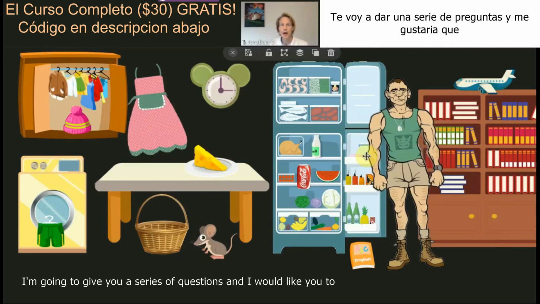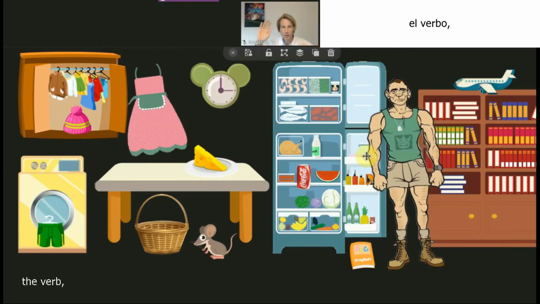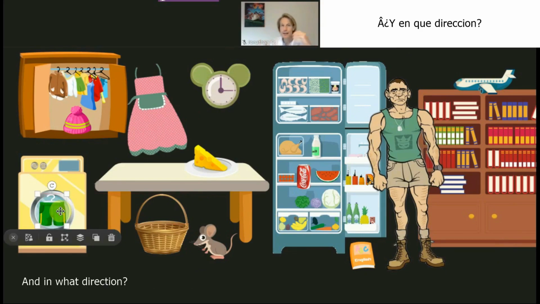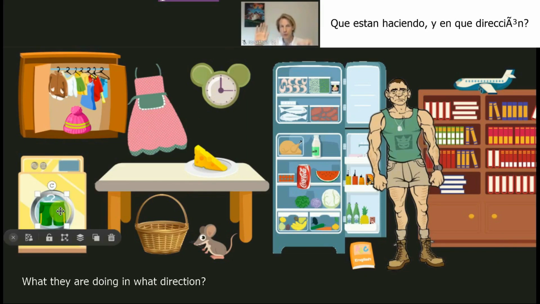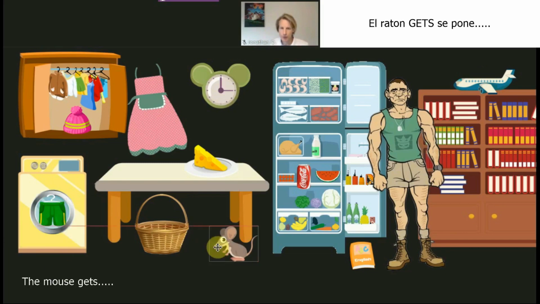I'm going to give you a series of questions. Now I would like you to think of phrasal verbs. The verb, what is happening, what the person or the animal is doing, and then in what direction. The verb, the preposition. What they are doing, in what direction. So let's start with the mouse. The mouse. The mouse